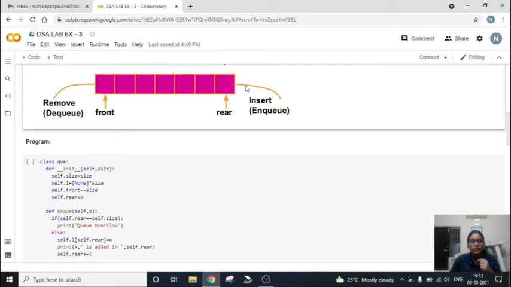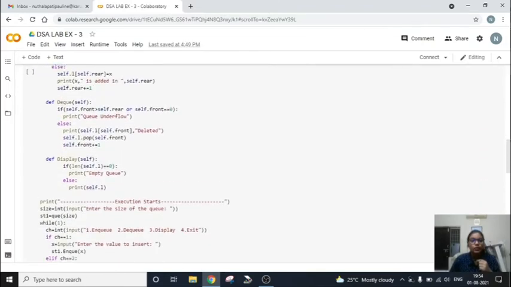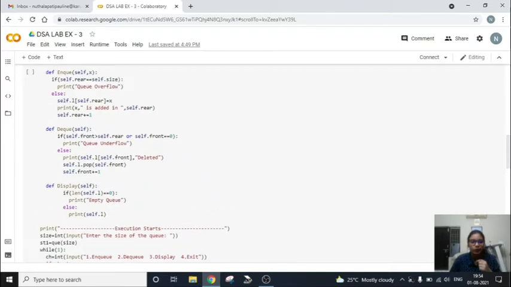Finally, after inserting all the values, however many the size of the array allows, it will point to the last position. Initially the rear will be here, and then one by one, when the values are being inserted, the rear will be moving to the right side. So it will get incremented. So this is for the NQ function.